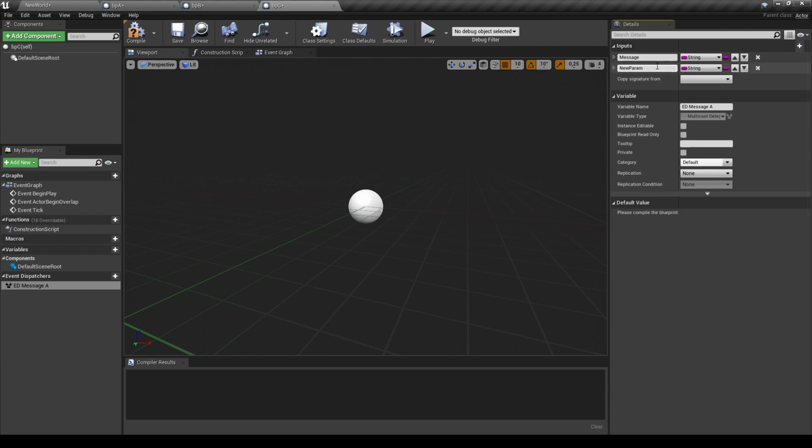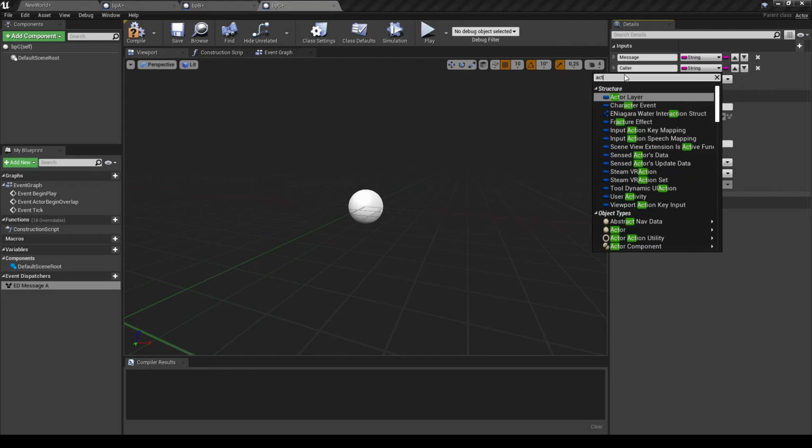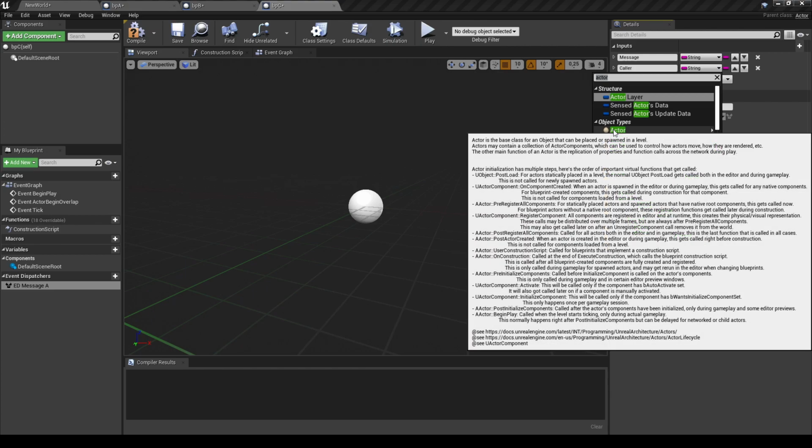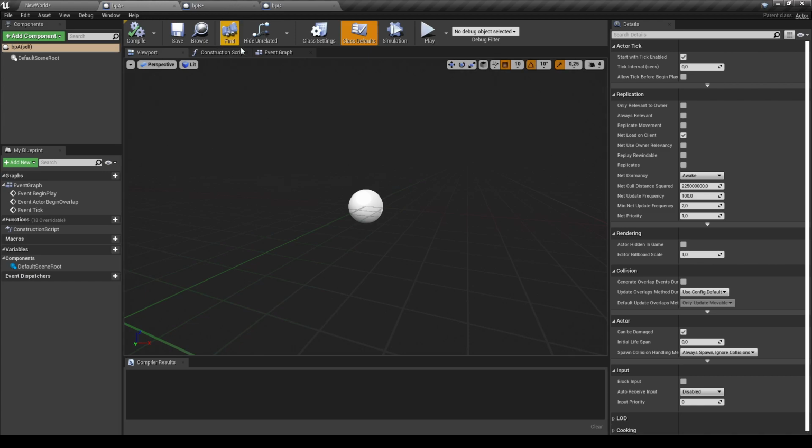I can add as well the actor that is producing the message. Let's call it caller, and for the type it's actor. Okay, so for blueprint C, the setup is now done. I compile and save. I can now go to blueprint A.